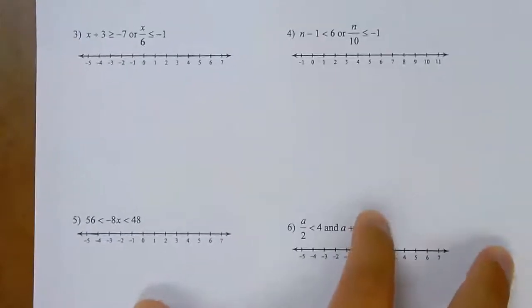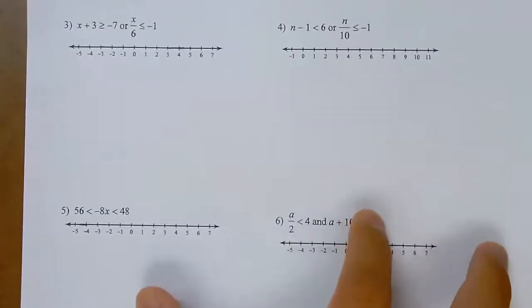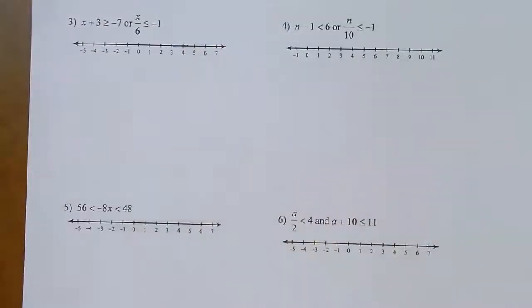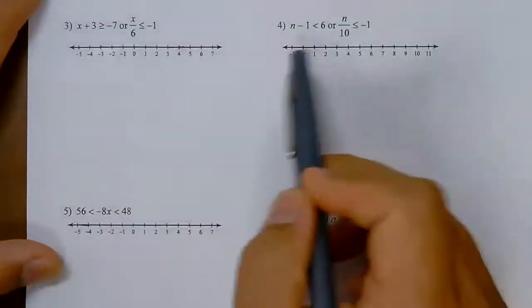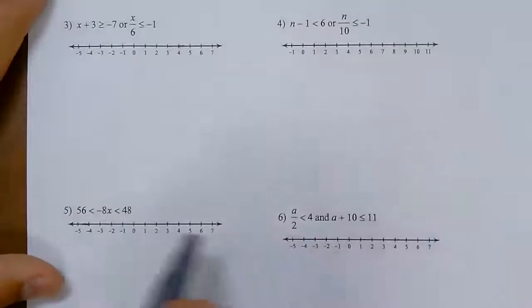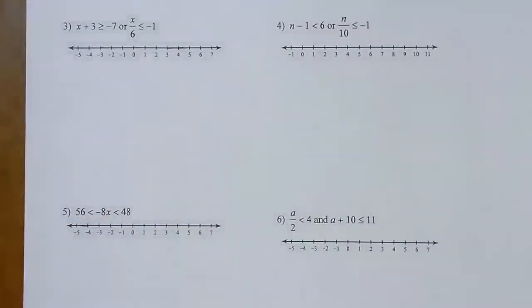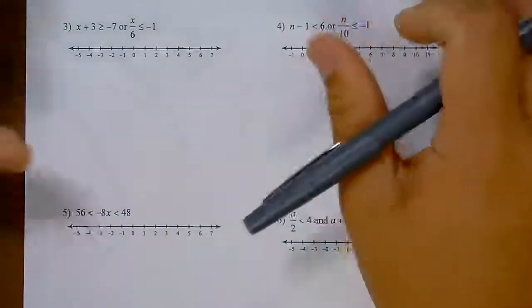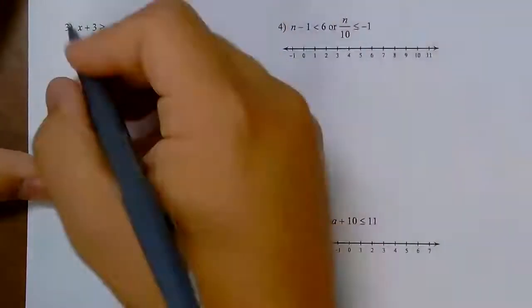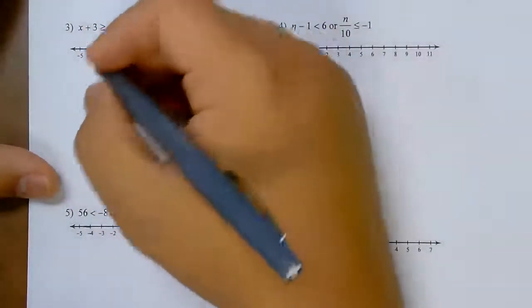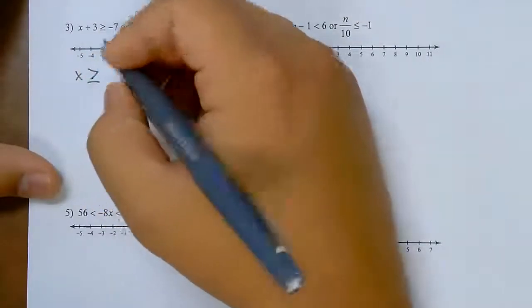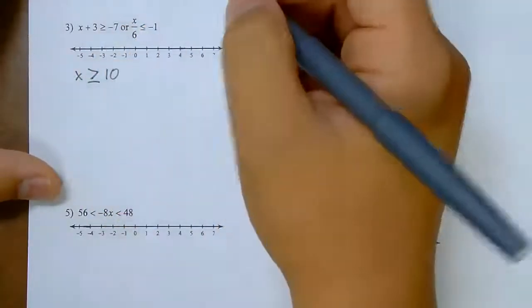So this is special cases notes. So let's start getting to some special cases. Okay, this first one's going to be a very obvious special case, and this only applies for or. So 3 and 4 are only for or, 5 and 6 are only for and. So let's talk about the or special cases first. For number 3, we're going to solve it just like we would solve any compound inequality. This one, we subtract 3, so we get x is greater than or equal to